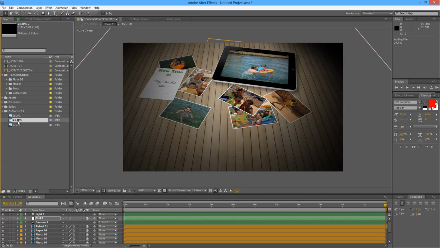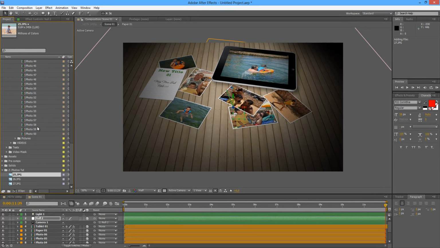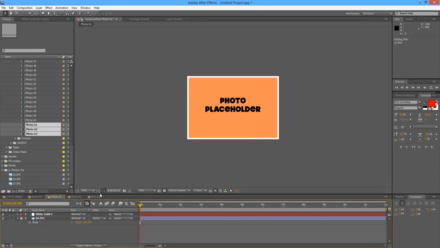I'm gonna use these 3 photos to create new placeholders here, and to do that I'm going to the medias and photos and comps, and what I'm going to do is duplicate, Control D or Command D if you're on a Mac, 1, 2, 3, so I have photo number 61, 62 and 63, hold shift, double click, opening them,